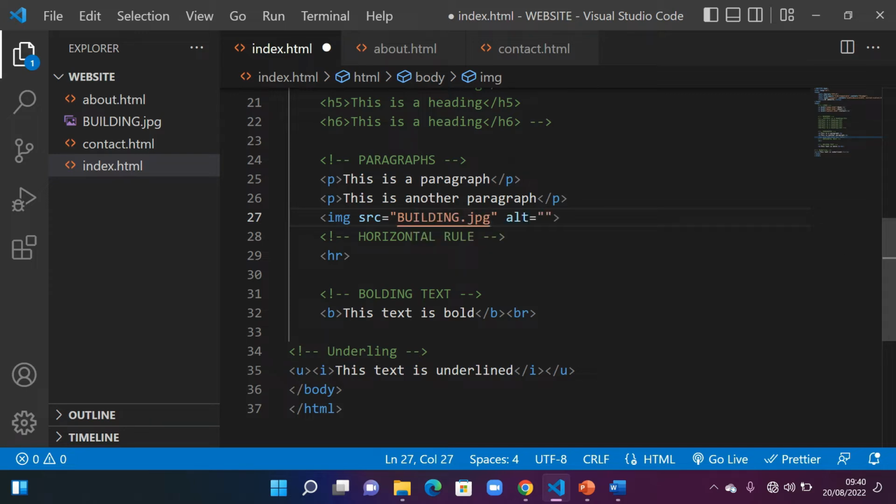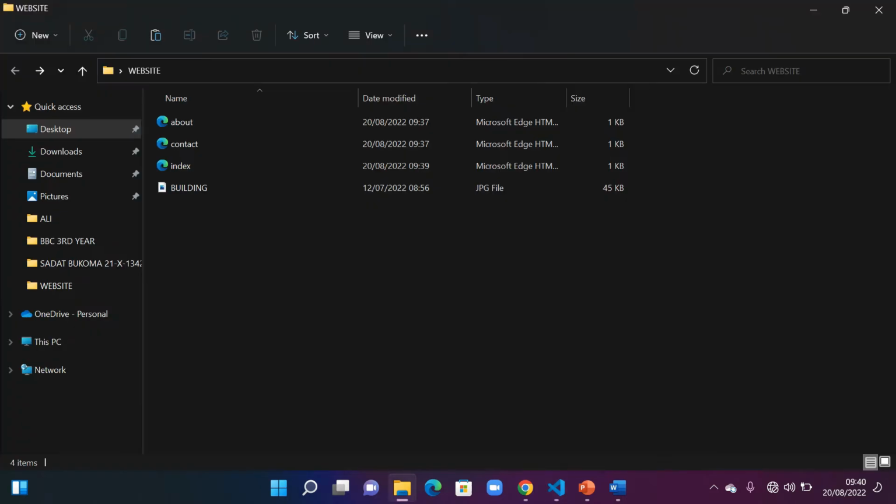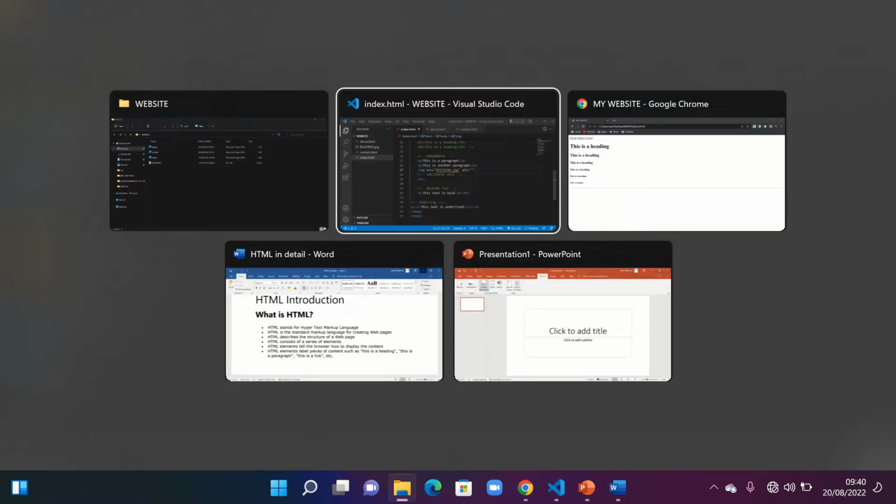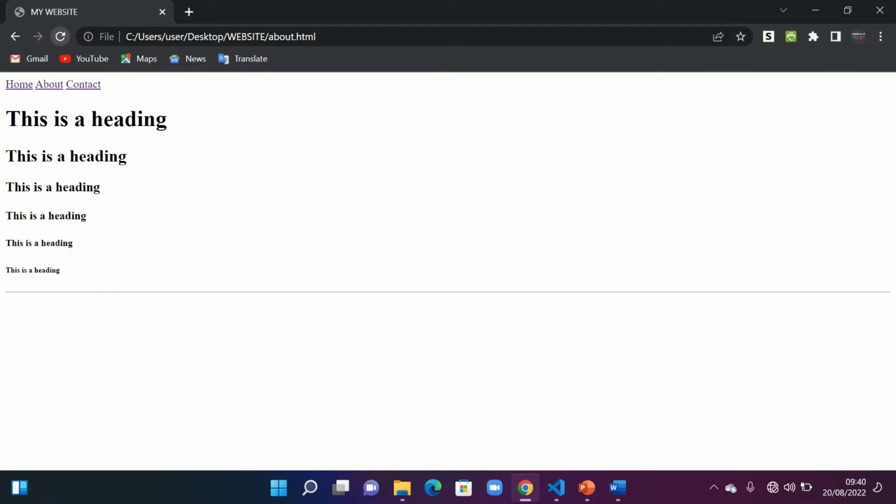Now this is a JPG file. We have types of files, we have PNG, JPG. So you have to take note of the name of the file. If you place the wrong name of the file here, that means it's not going to display anything. So when I press Ctrl S and save that, refresh the page,